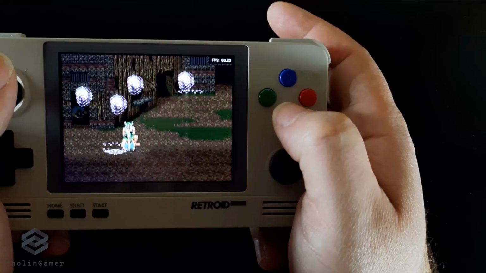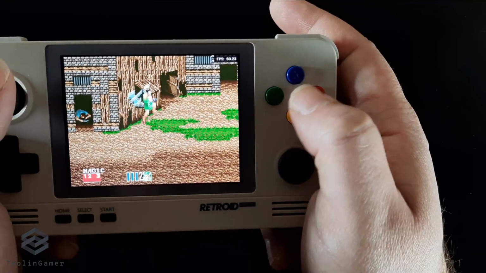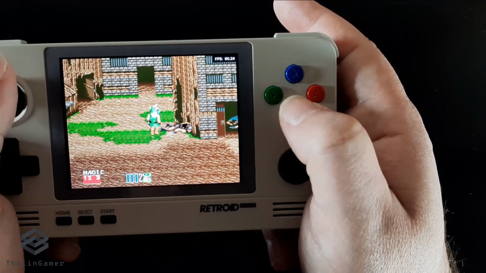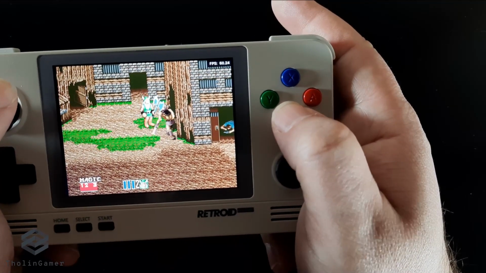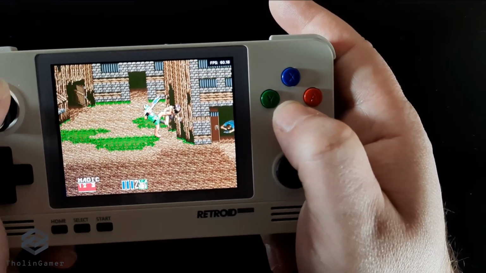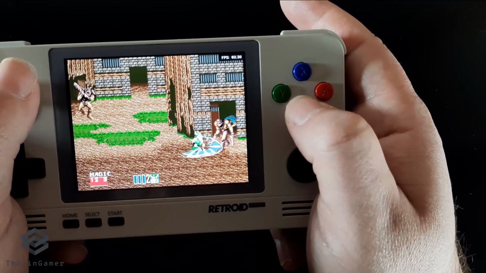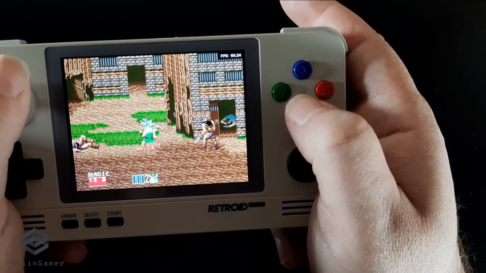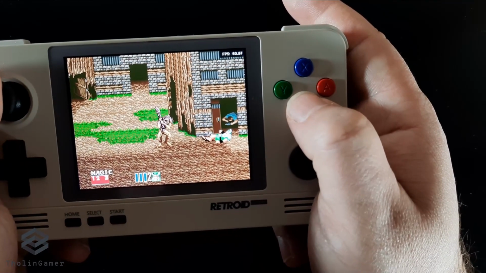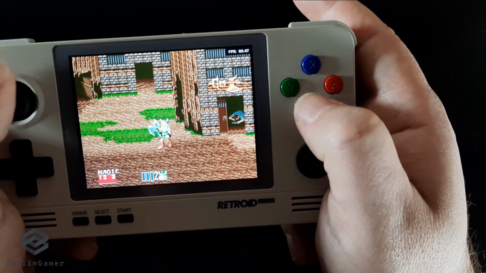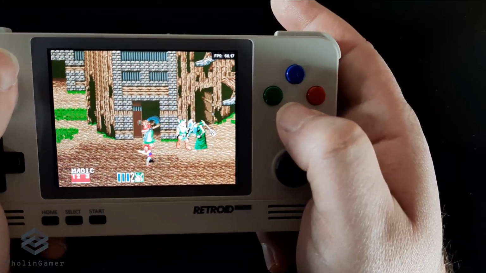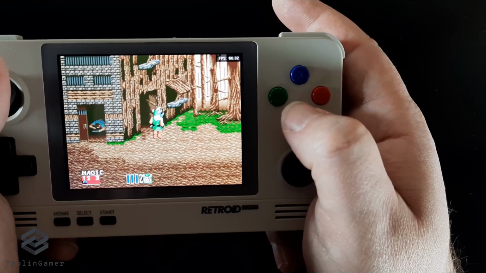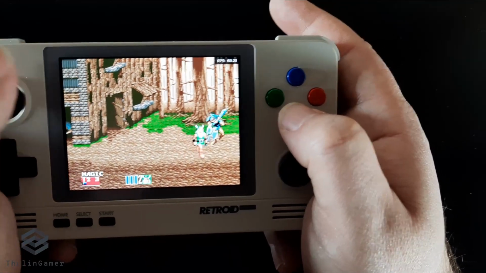As you can also see from the actual artwork and the whole style, it is quite reminiscent of the hack and slash genre, both in games and in movies, that was very popular in the 80s and the very early 90s. Now, the player is given a choice of 3 fighters. The first one is Axe Battler, who is wielding a two-handed sword. You can also select a dwarf called Gilius Thunderhead, who is wielding an axe. And you also have a female character, the longsword wielding Amazon type called Tyris Flare.